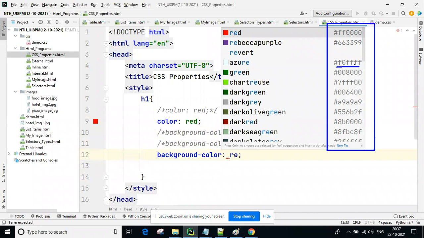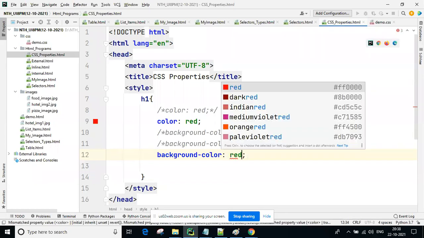For red color, this is the format: FF0000. The first two, FF, represent red. The remaining two zeros represent green. And the last two numbers represent blue. This whole combination is called hexadecimal format. So we can also give these values.